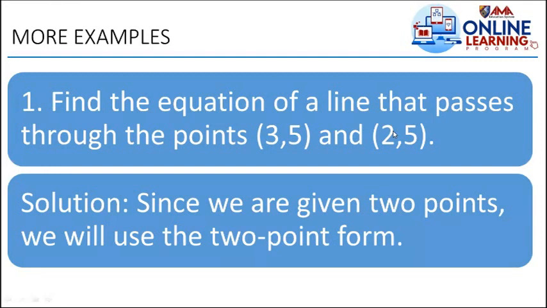So we have another example. Find the equation of a line that passes through the points (3, 5) and (2, 5). Solution. So since we are given two points, we will use the two-point formula or equation. Okay? This one represents your x1. This one represents your y1. This one represents your x2. This one represents your y2. This one is point 1, and this one is point 2 with the coordinates of (2, 5). So if we're going to solve for that one,